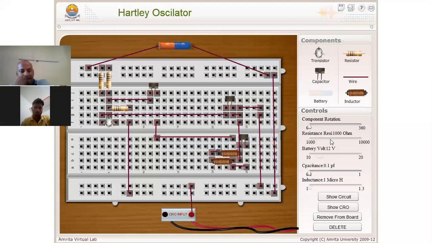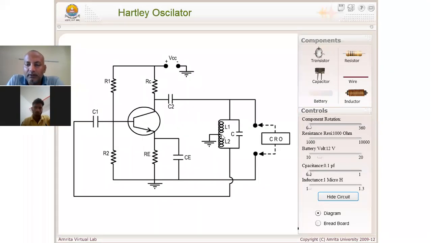Also, I have to ground the middle of L1 and L2.